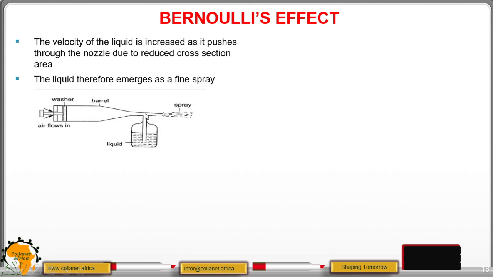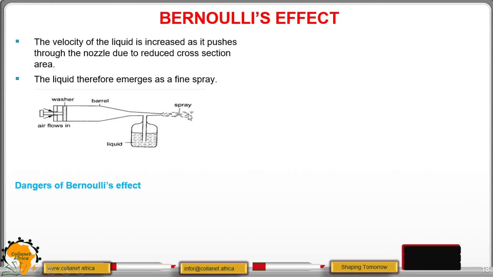So the atmospheric pressure around this barrel will try to pull the spray, and then it will be pushed toward the outside, and therefore